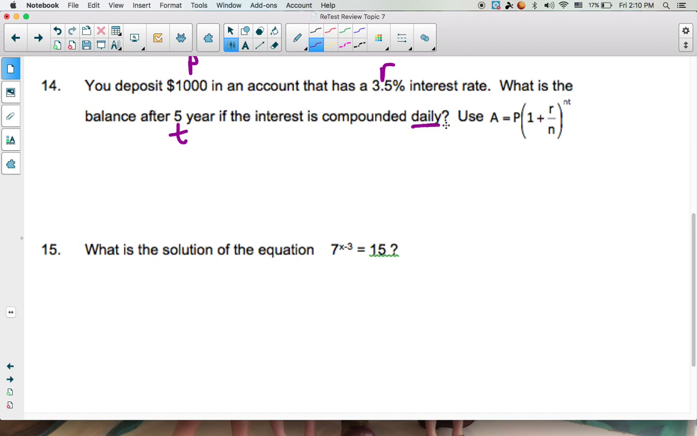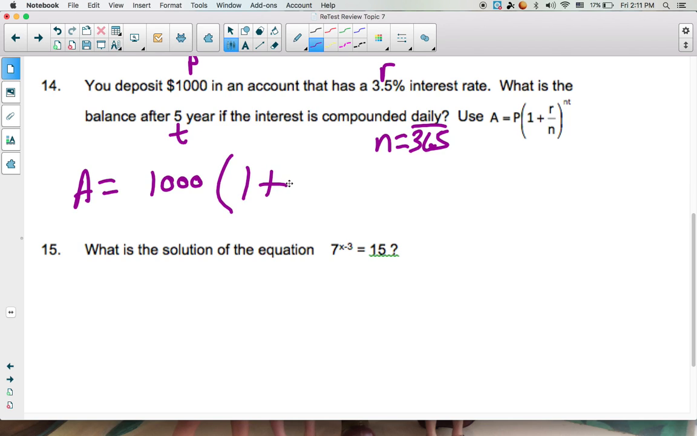This amount that it compounds daily, there are 365 days in a year. This would be your end value. Take those numbers and plug them into our compound interest formula, and we will know how much money we will have in 5 years. So the amount is equal to $1,000